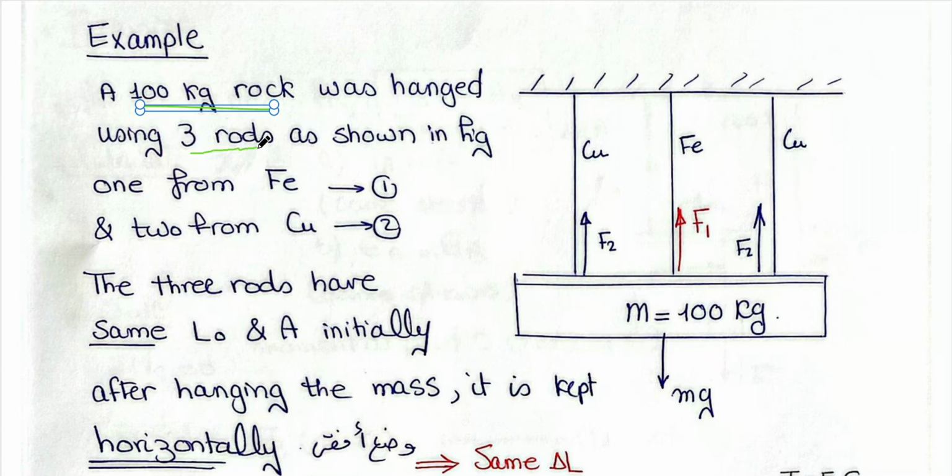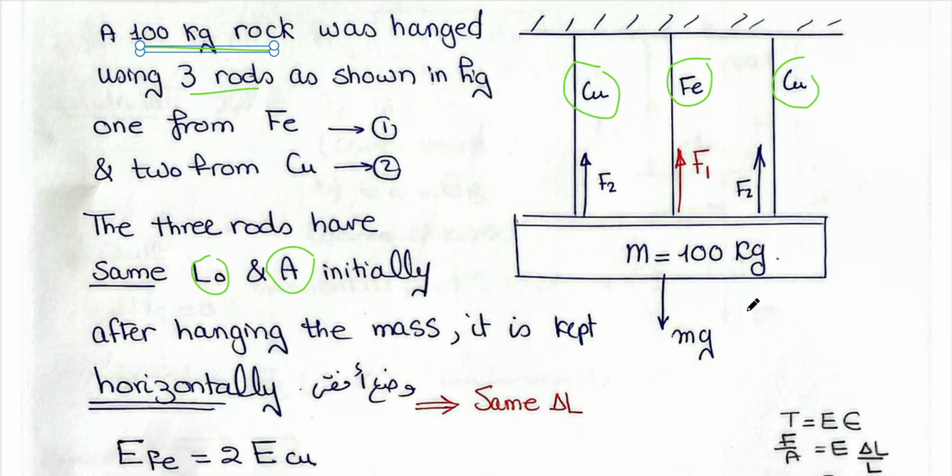In this example, he's naming these three rods, one of iron, one of copper, and the third one is also copper. These three rods initially have the same length L0 and the same area before loading the 100 kilograms. After we hang the 100 kilograms,